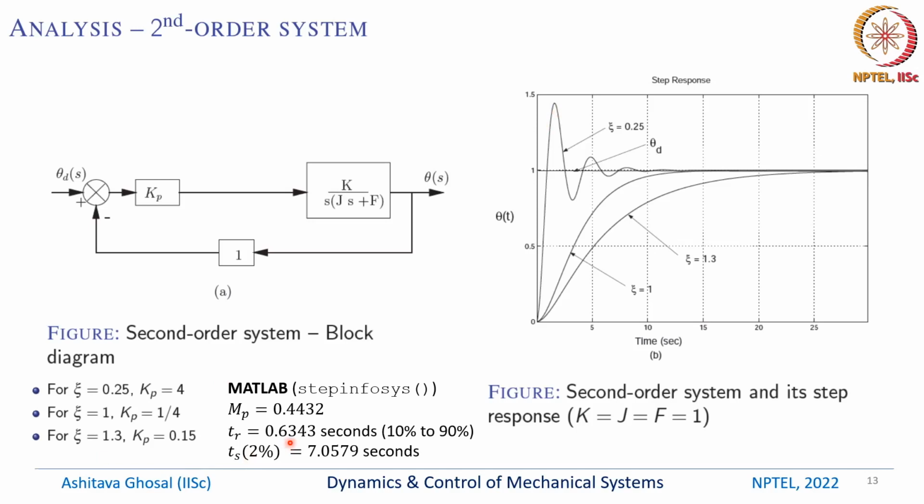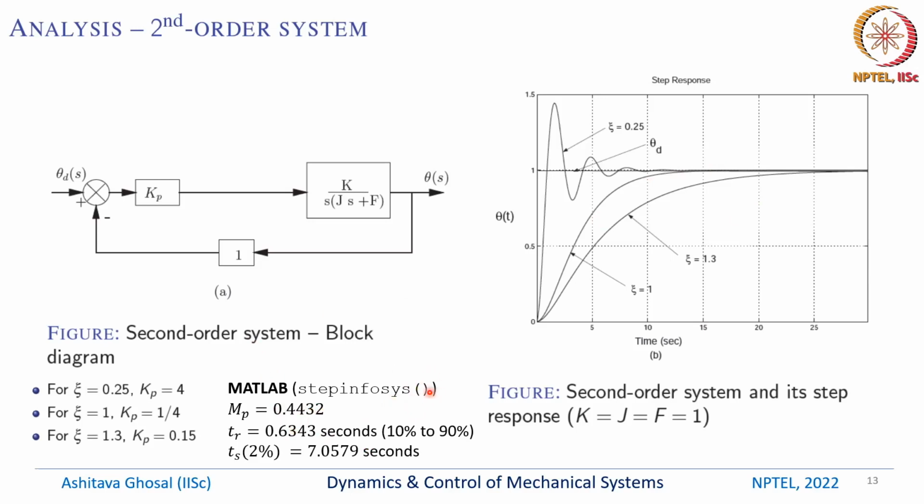The rise time is 0.36343 seconds. So the time to reach 1 is this. This is not from 0 to 100%. MATLAB allows you to choose whichever you want. In this case, the choice made was from 10% to 90%, and the rise time is this. The settling time for 2% is 7.0579 seconds. So with MATLAB and with this function called stepinfo,